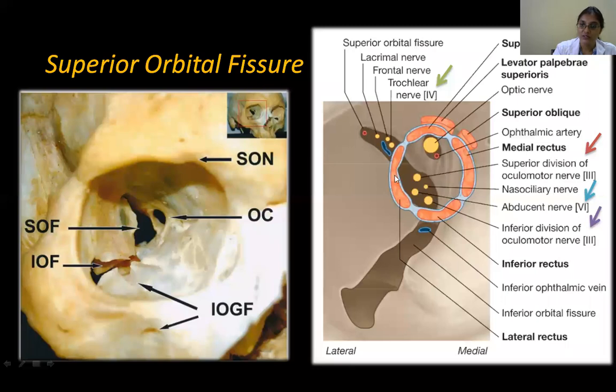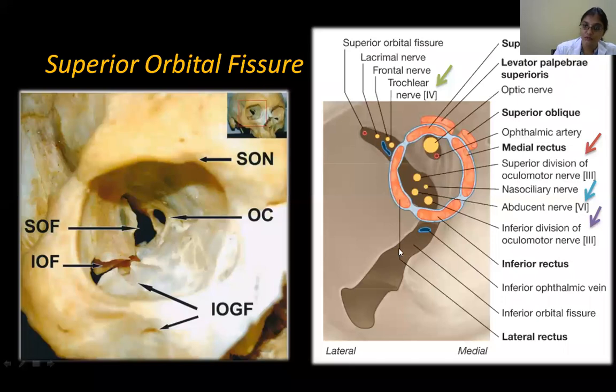Then you have this annulus, the tendinous ring, which gives origin to the muscles. And you can see these cranial nerves. Here you can see there are two divisions marked. That means the oculomotor nerve which is coming is dividing into a superior division and an inferior division. And then this is the abducens. And you can make out the trochlear is outside the ring. That's why when you see the dissection of the orbit, you find this nerve most close to the orbit wall.